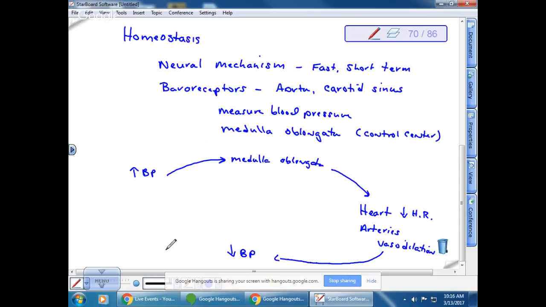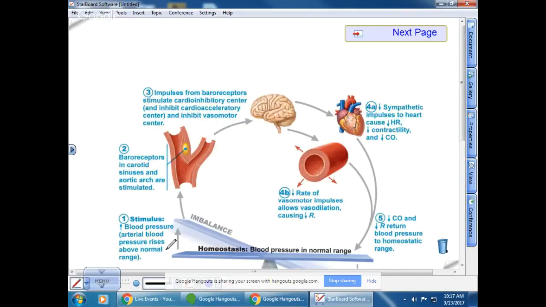Right? So that's the negative feedback. This is the response, right? And it has a negative effect on the stimulus, so it decreases the stimulus. And so it helps to maintain a relatively steady homeostatic equilibrium, so that your body can increase blood pressure when it needs to, but it maintains it at a relatively constant rate otherwise. Okay. So in your book, there's a diagram of this that you should study. Okay, and so this is what it looks like from your book. So this is the one that we just talked about.